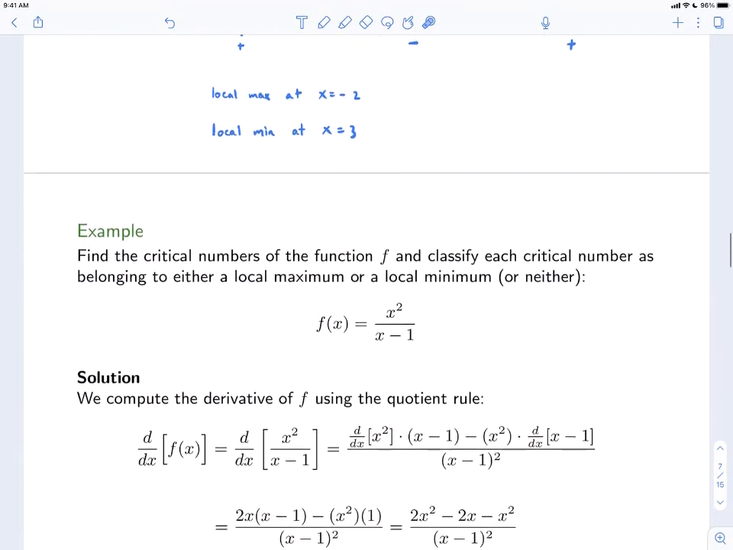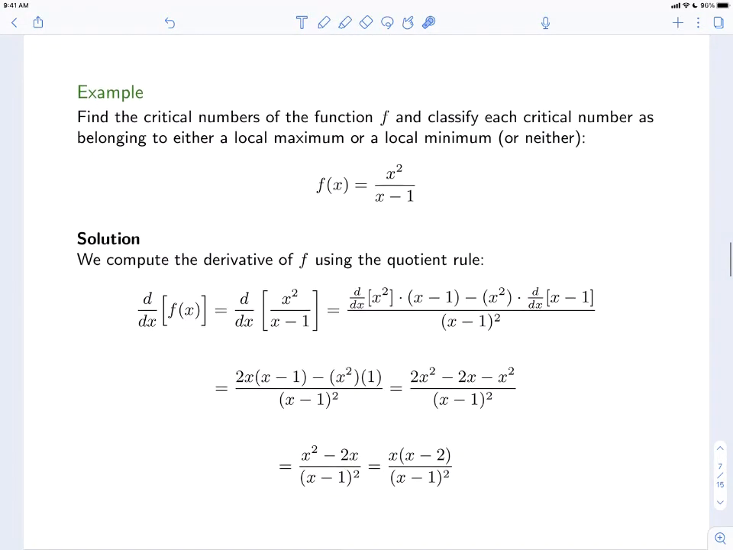Let's do another example. Find the critical numbers of the function f and classify each critical number as belonging to either a local maximum or a local minimum, or neither, for the function that you see here. F at x equals x squared divided by x minus 1. So, the first thing that we want to do is find the critical numbers, so that way we can classify